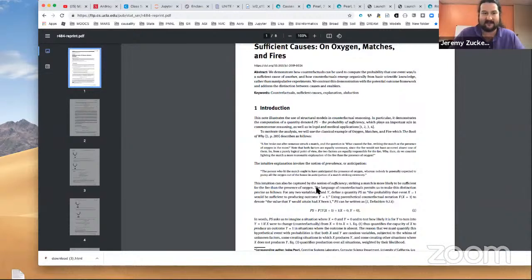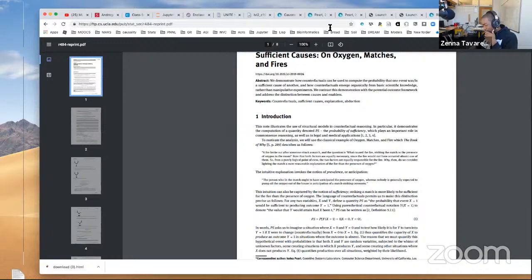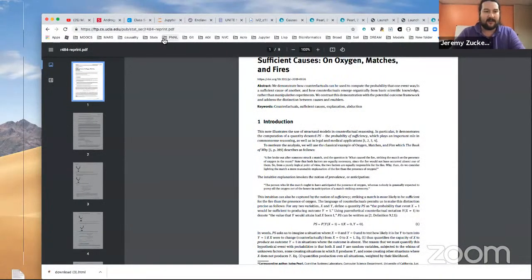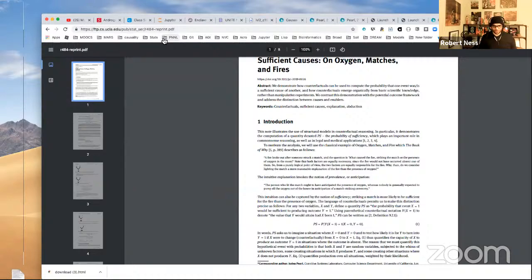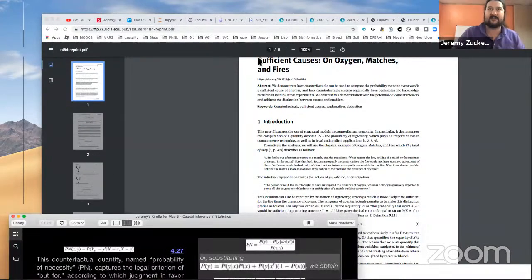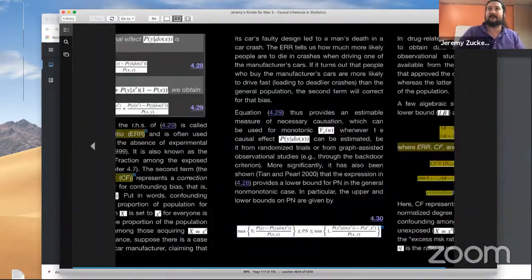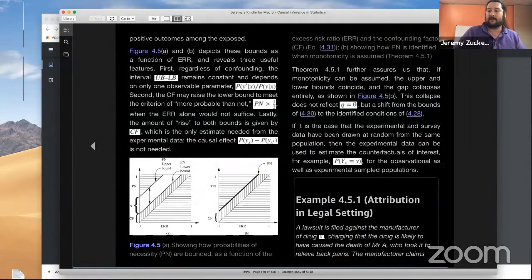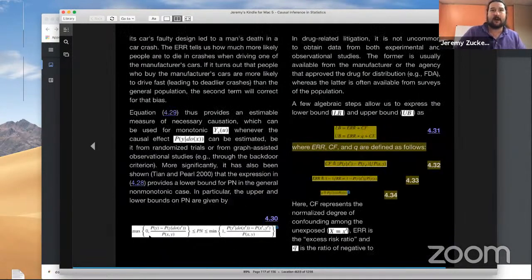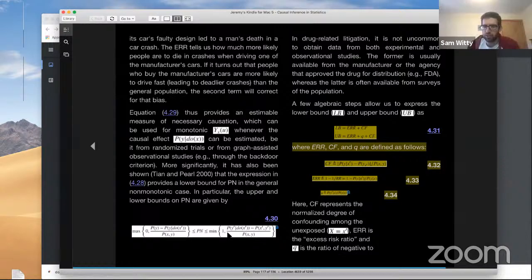One question I had is, does anyone have an intuition for the upper bound in equation 5? Yes, actually, I think it was a typo. The paper doesn't do it, but in chapter 4 of Causality and Statistics, he has some really nice bounds figures that provide that intuition. So remember, the only difference between the lower bound and the upper bound is what he calls Q. Maybe he didn't do it this way. So if this was in the paper, equation 4.30.